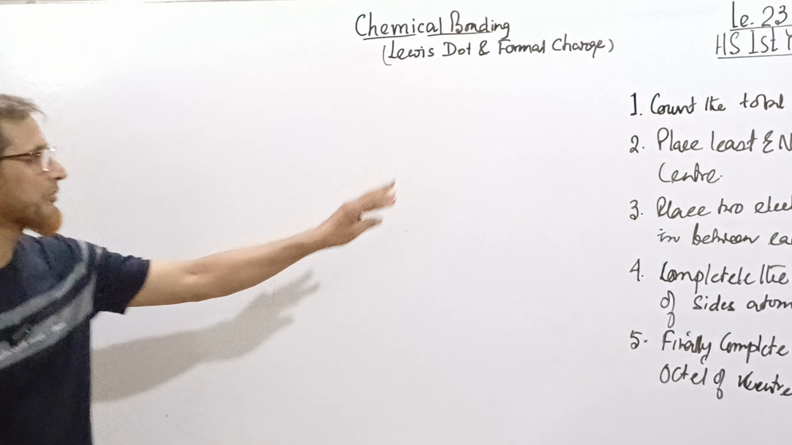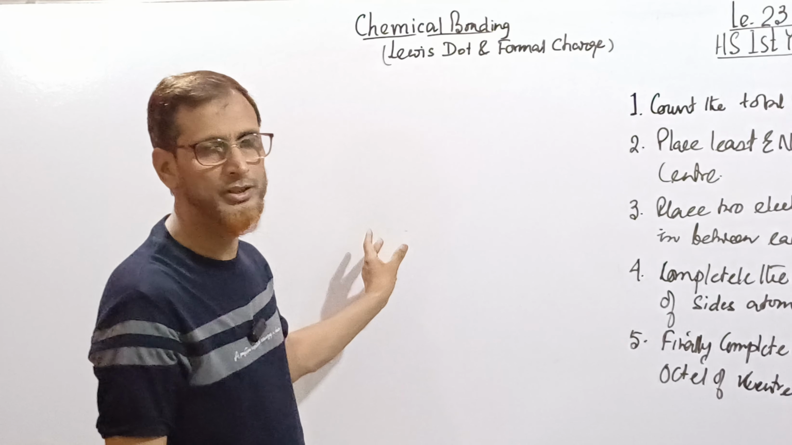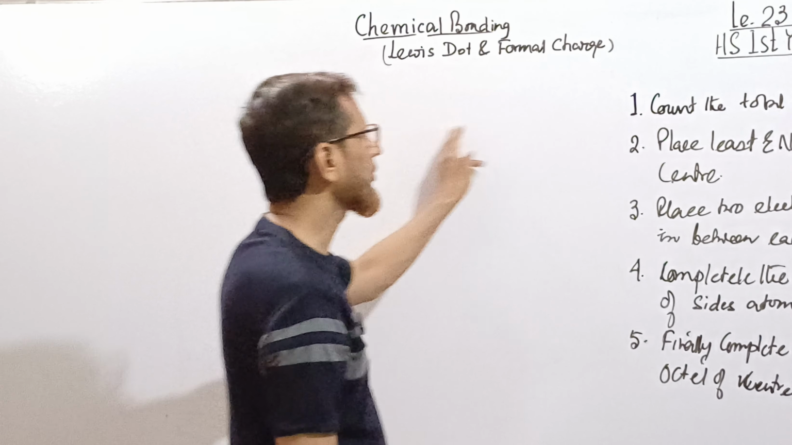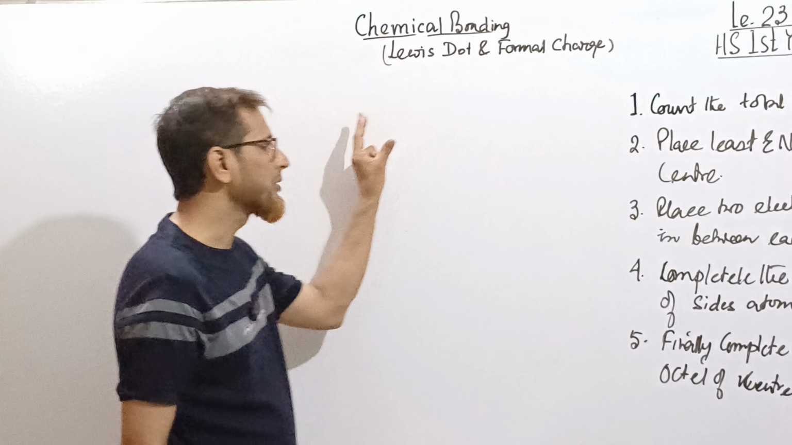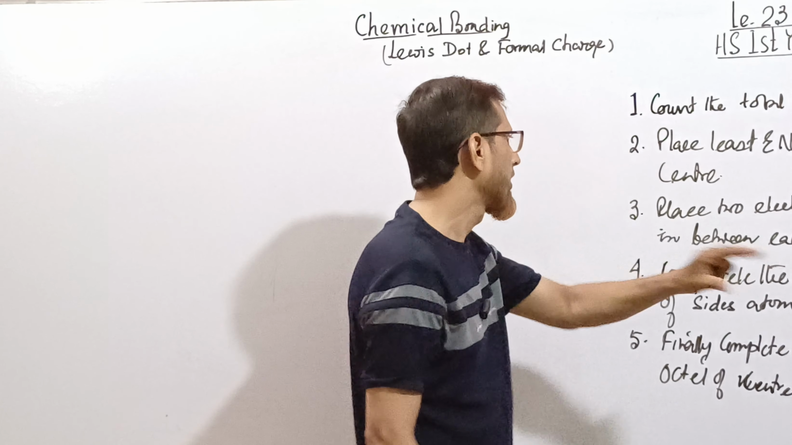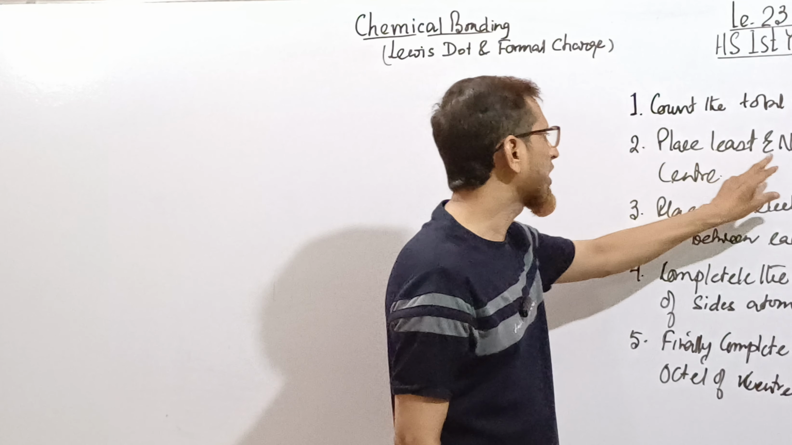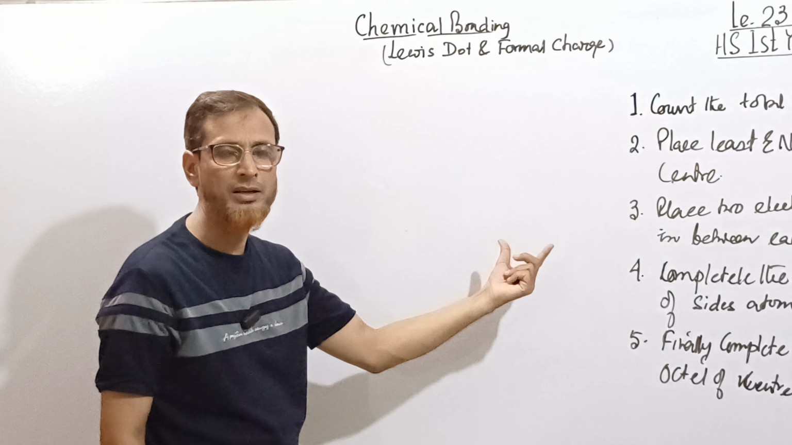So these are some of the important facts you should know, and these things are very simple. You can very easily understand while I draw the structures. First of all, count the total number of valence electrons in the molecule or compound. The total valence electron of each atom should be counted first. Number two, place least electronegative element at the center,